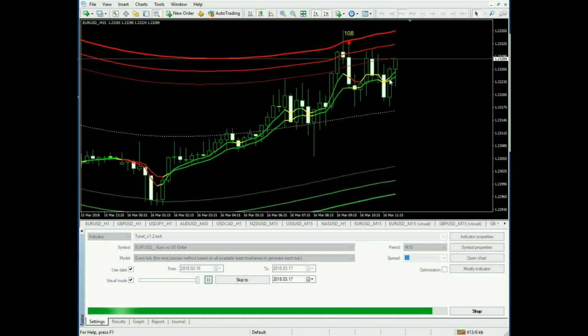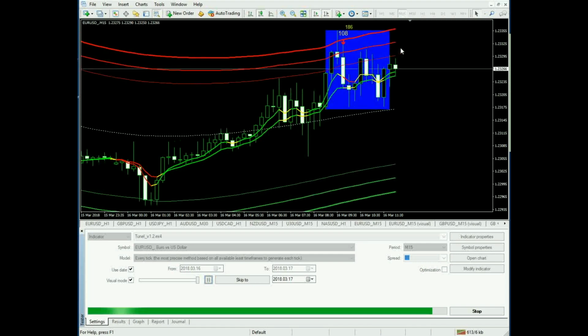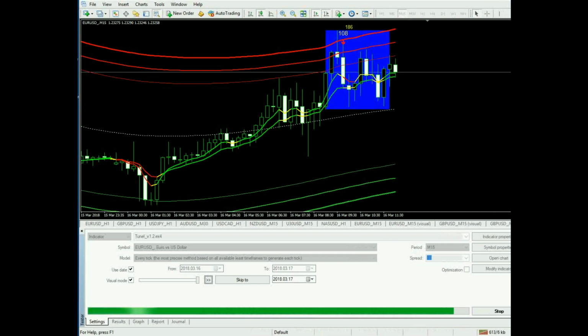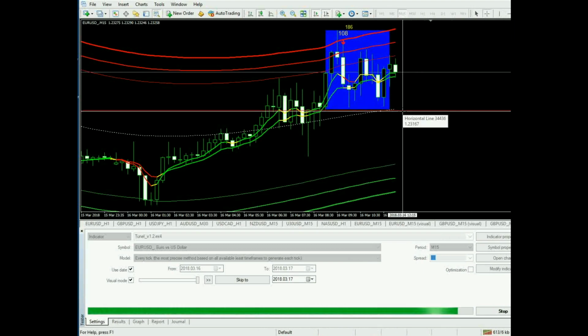I'm also looking at the two candles, but again, okay, now we have the tunnel. So again, we can place a pending order below this line. We are only interested in sell. We are not interested in buy. We are only interested in sell. So let's extend this line and see that this will be a level, somewhere here,